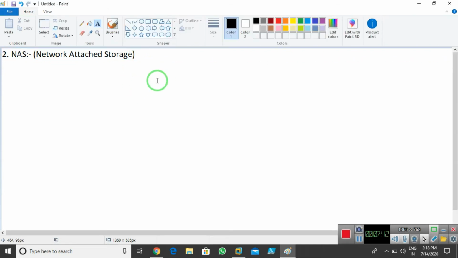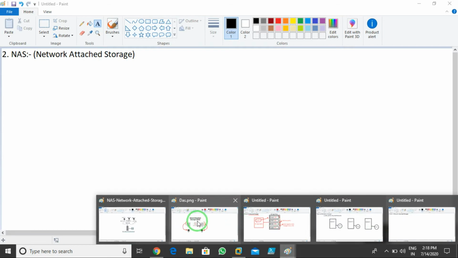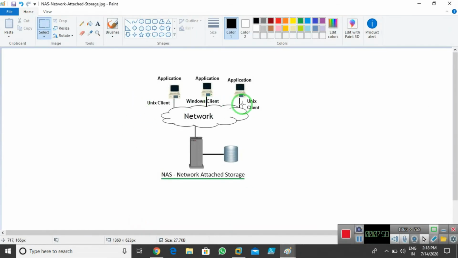We have a centralized storage in this network, and that storage is directly attached to the NAS device, and that NAS device is attached to the network, and we are able to access that storage with the help of the NAS device, like this. See, this is the actual diagram we have.